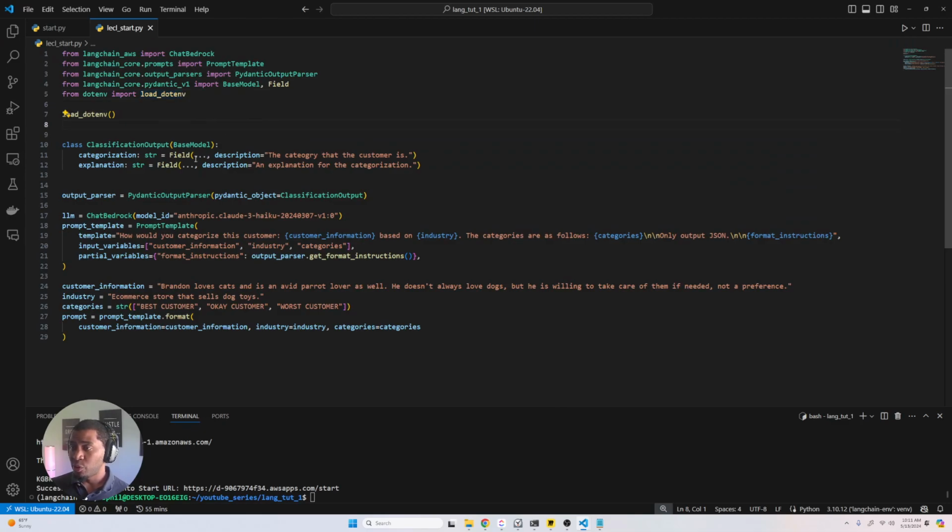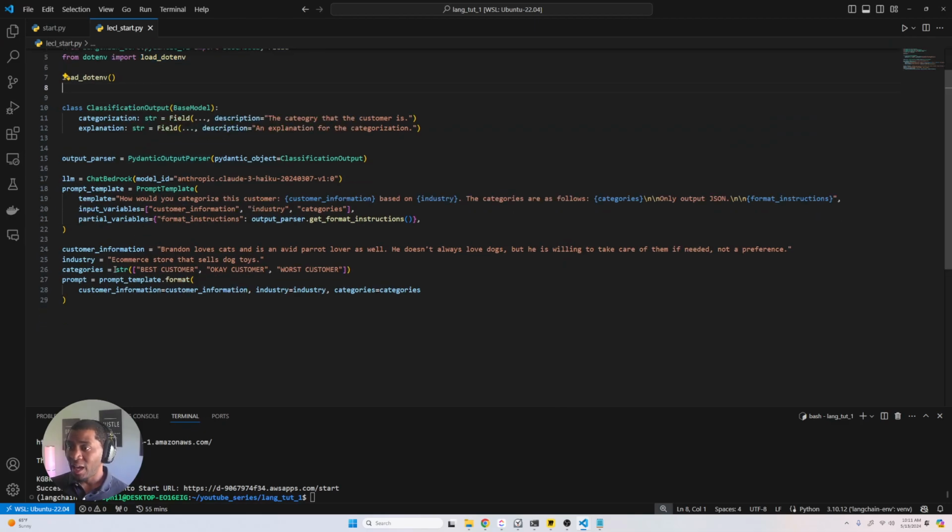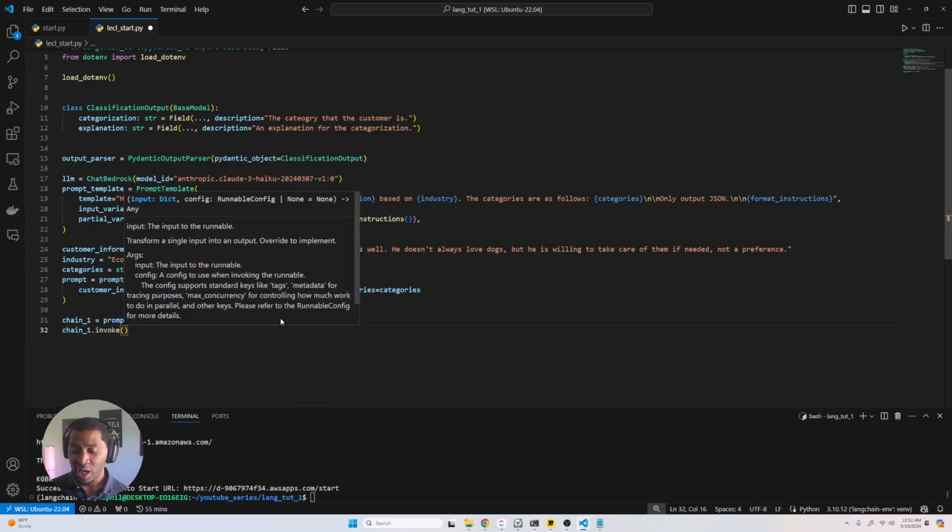With this particular demo, let's highlight how we would use LCEL in place of how we were doing it previously. So we'll say chain1 equals our prompt template, which we already have here. We're going to pass that to our LLM, which is going to be Bedrock, and then we're going to pass that to our output parser. Great. So when we do this, now we can just call chain1.invoke